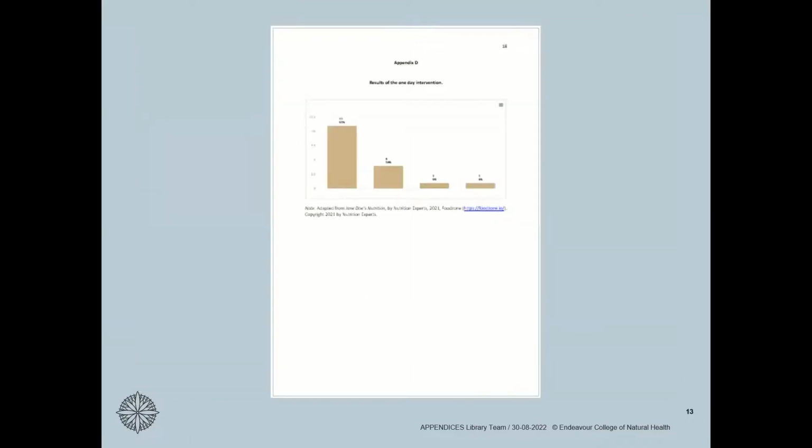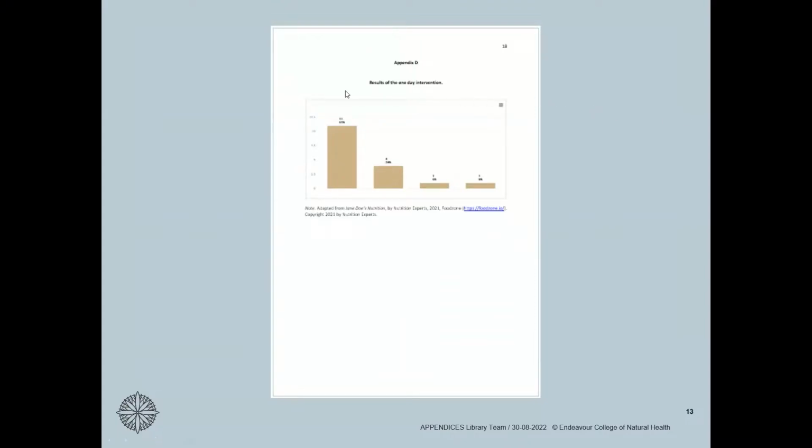This is an example of a figure in appendix. It was the fourth appendix cited in the body of your assignment, which is why it is labeled Appendix D. You would refer the reader to this appendix by using a narrative citation, for example, as seen in Appendix D, or a parenthetical citation, in brackets, see Appendix D.